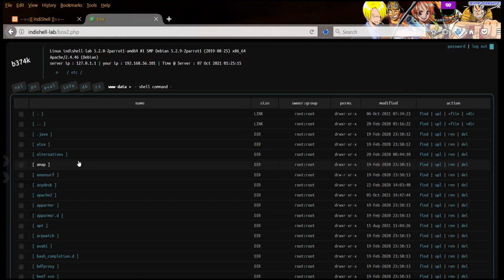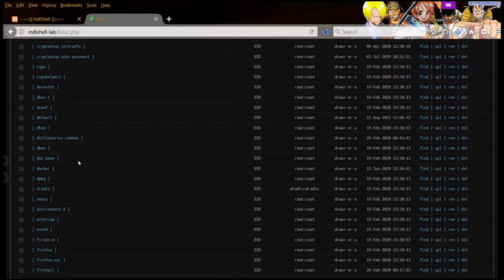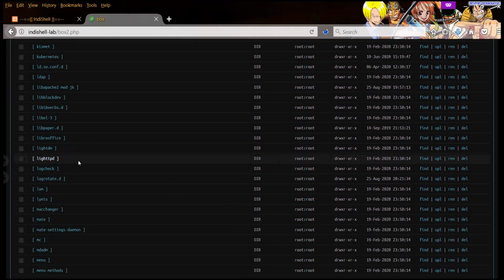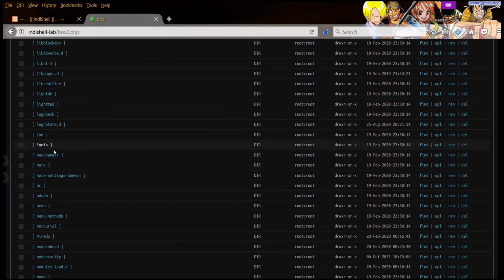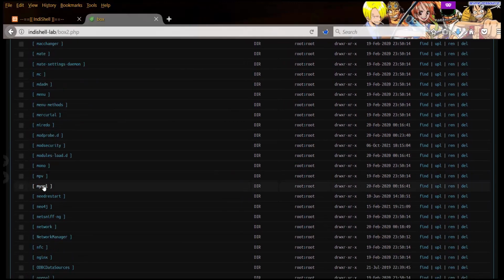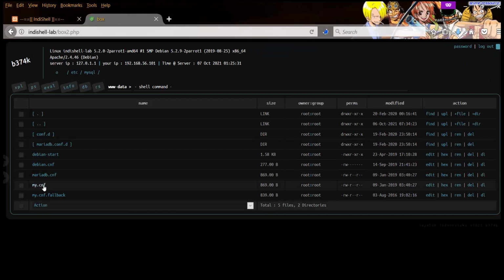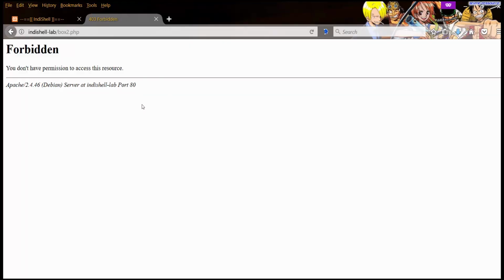Here you will observe that it is blocking our request when we try to access it. So I'm just selecting MySQL. Again you can see we have been blocked by the WAF, and it is because of the rule, and these are the things blocking us from accessing anything else.